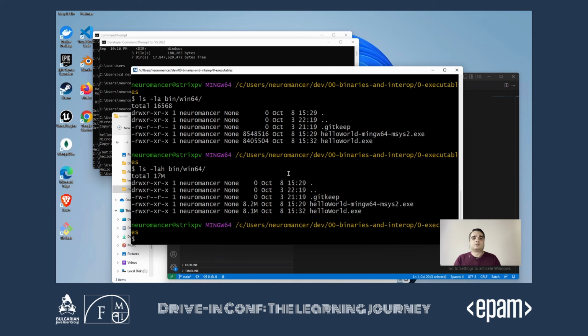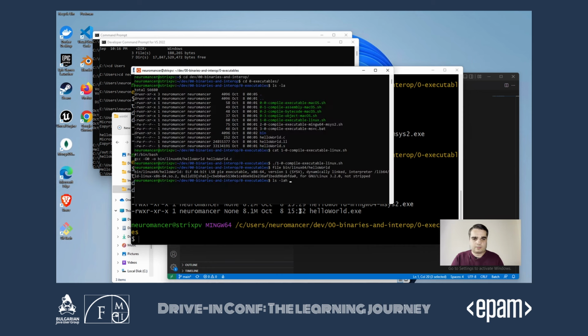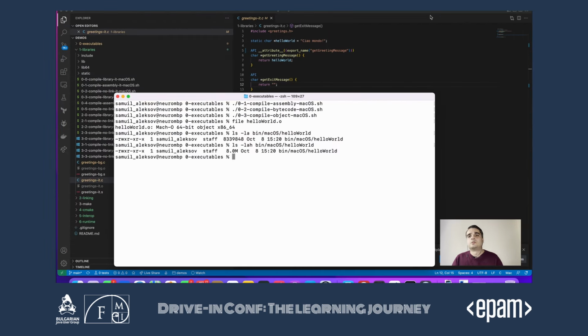Both the Windows one and MinGW, and it's pretty much the same for Linux. Okay, so we'll do some optimizations later as well.